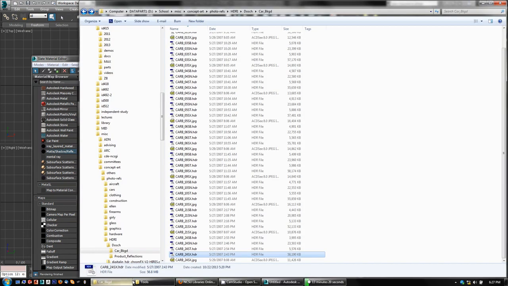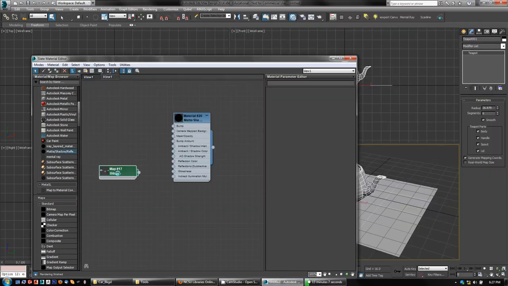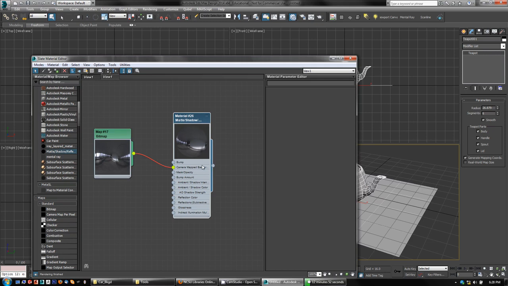So to do that, I need an HDRI or very high res spherical environment image. So I'm going to get this background here, and let's go back to max and just drop it in as a bitmap. And this thing is a spherical environment bitmap of I think it's kind of the curve in a parking deck. So I'm going to drag that to the camera map background, and you see it, it'll pop in for something